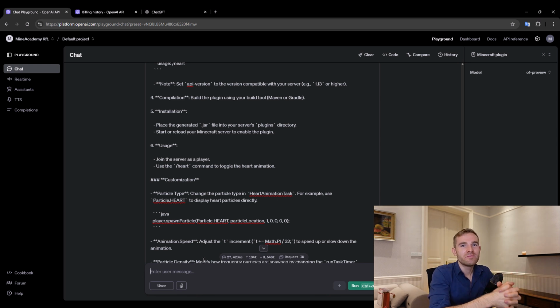Just please make sure to read the code, make sure you understand. Don't just blindly copy it, because as we've seen, it doesn't know everything. It doesn't validate if the code actually will run, and it also hallucinates methods that are not there, methods that have changed. You really need to understand, and you really need to use your brain with ChatGPT instead of using ChatGPT as a replacement.